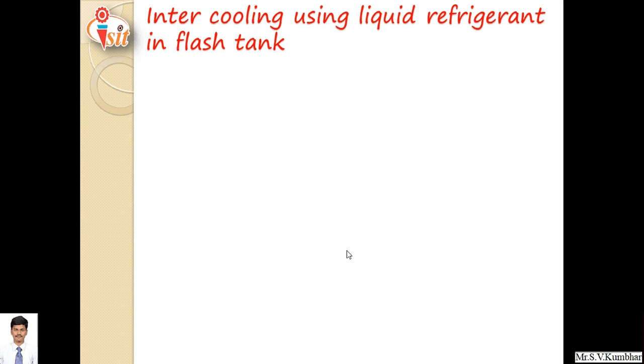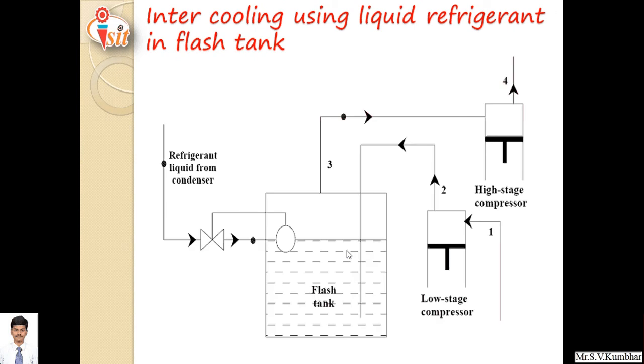Intercooling using liquid refrigerant in a flash tank. So in the earlier figure we had used a flash tank. Now in this case, first the refrigerant is compressed in the low stage compressor, then it is sent to the flash tank, and after passing through the flash tank it goes to the high stage compressor as high pressure high temperature vapor. This high pressure high temperature vapor of refrigerant is sent to the evaporator, and after that again it is sent to